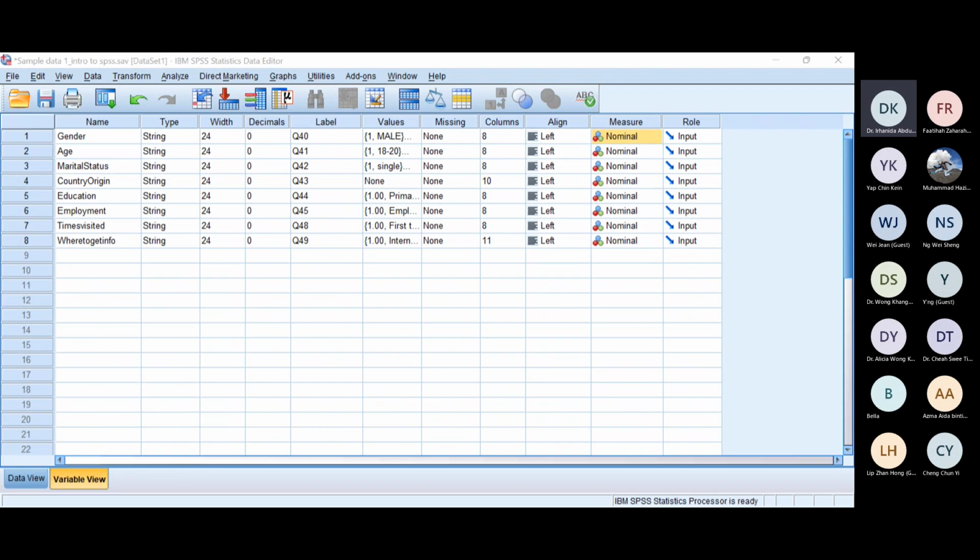But sometimes the question is more into ordinal. For demographic, if you ask about age, occupation, education background, it is basically all nominal, by group. Okay, then next.